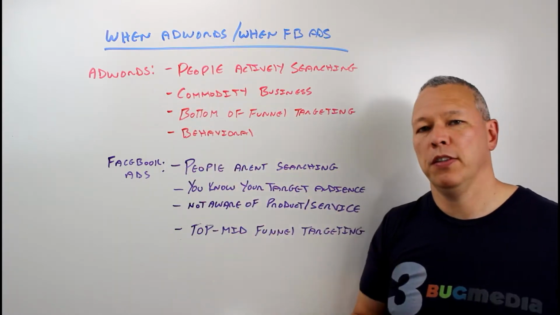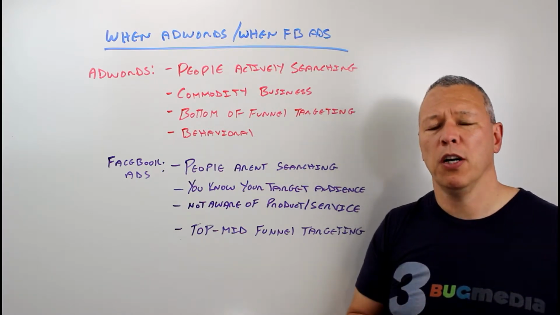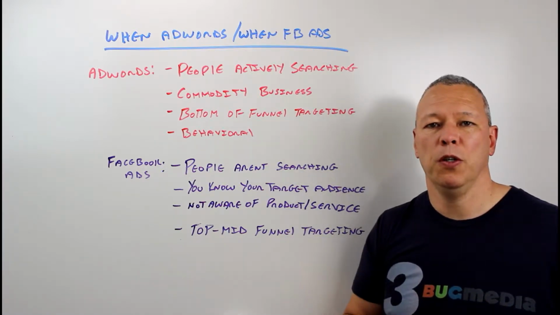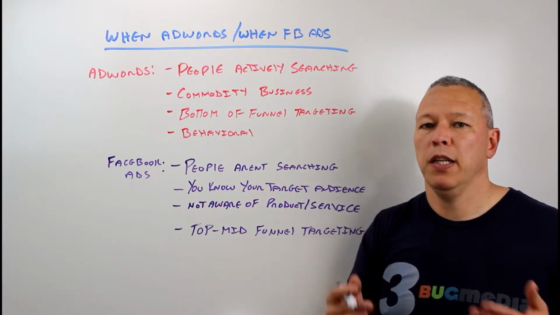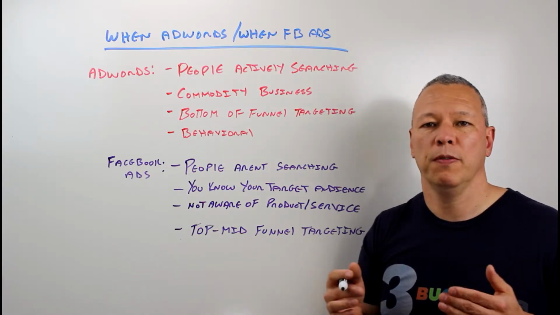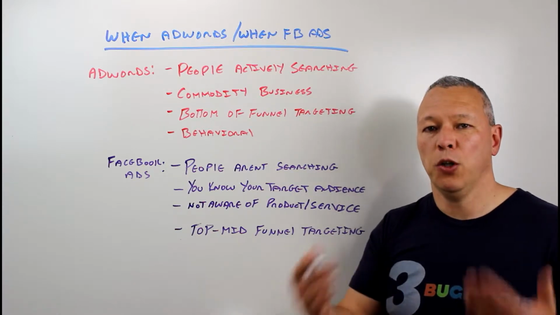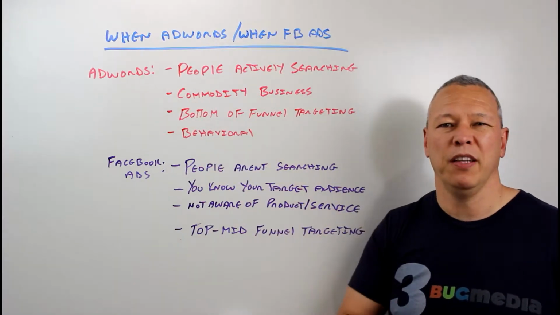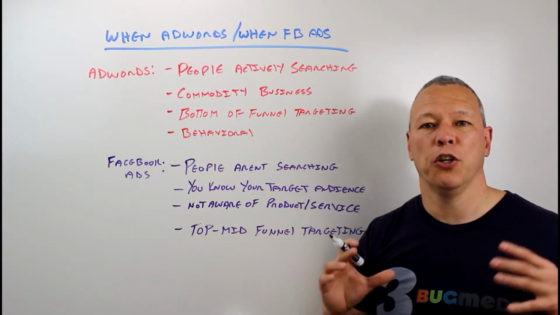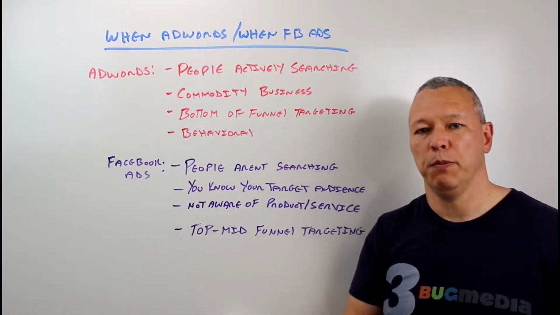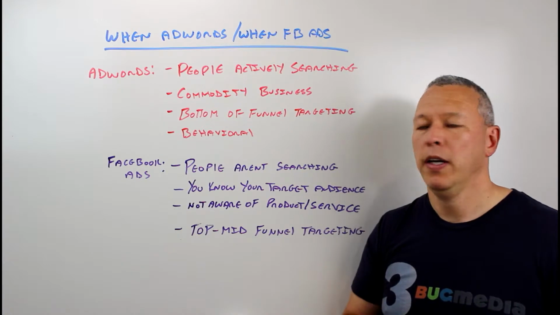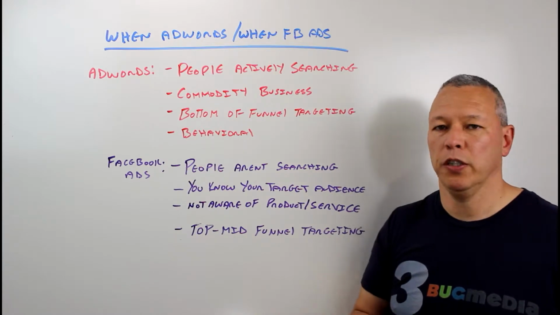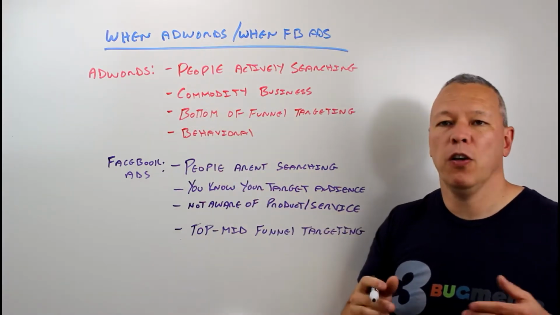Also, commodity type businesses tend to do well with Google AdWords. When I talk about commodity type businesses, I'm referring to when people go and search on Google, they might search for pizzerias near me, plumbers, landscapers, dentists, things like that. They know there's a lot of choices near them. They just don't know who they want to hire yet. So when I say commodity type businesses, I mean that there's just a lot of them and people will tend to search for that industry rather than a specific business and then use other criteria to narrow it down. So if you're a commodity type business where people are always searching online, Google AdWords is a very good choice for you.